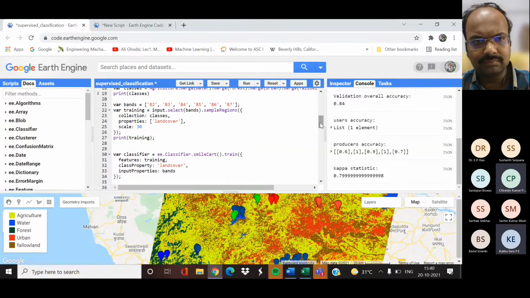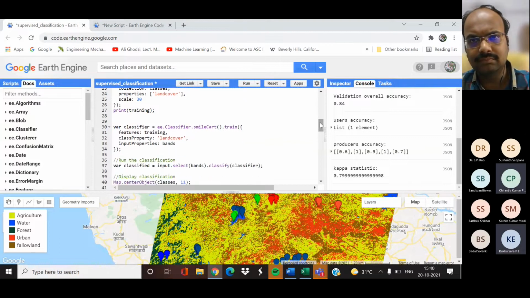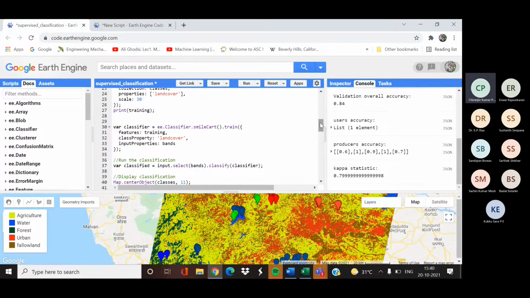Ma'am, while using the Sentinel image, B2, B3, and B4 have 10 meter spatial resolution, and B5 is, I think, 15 or 20.